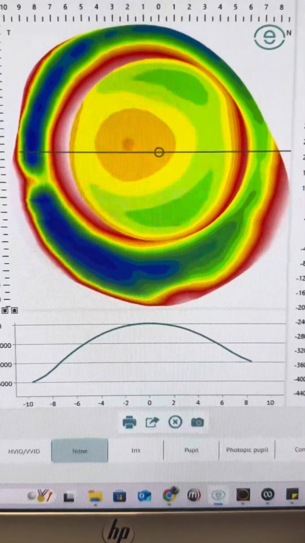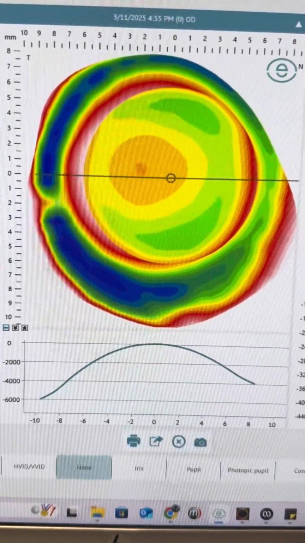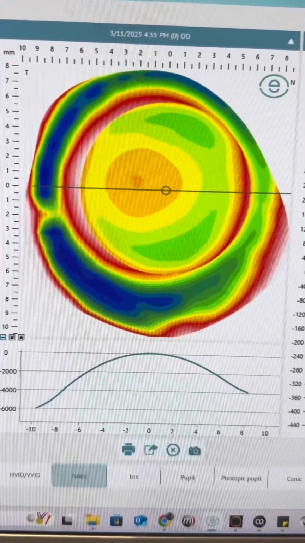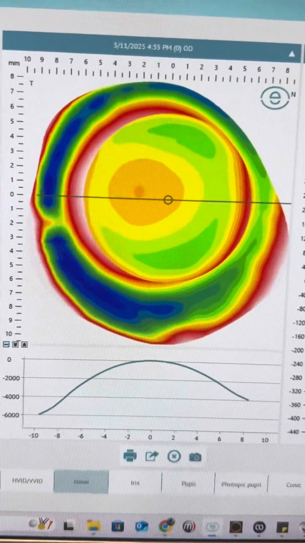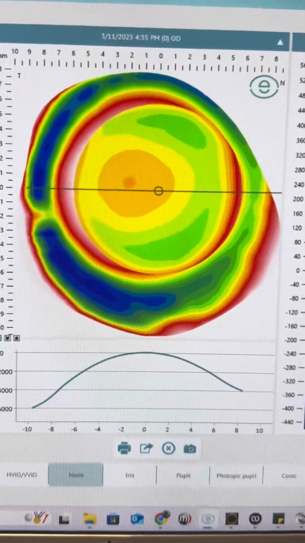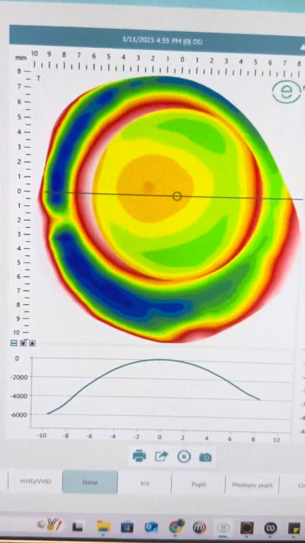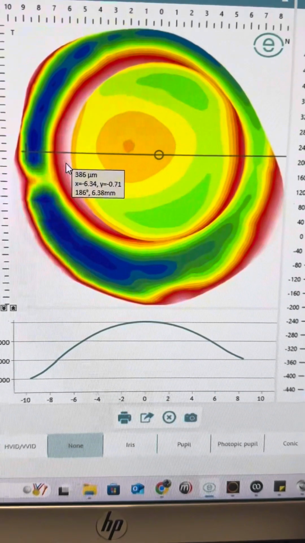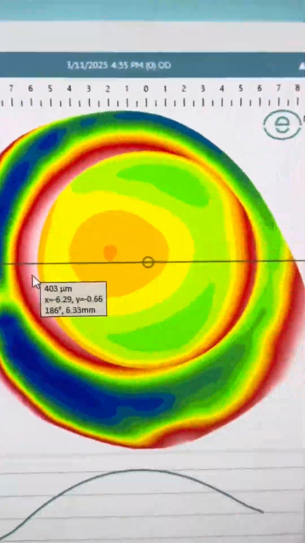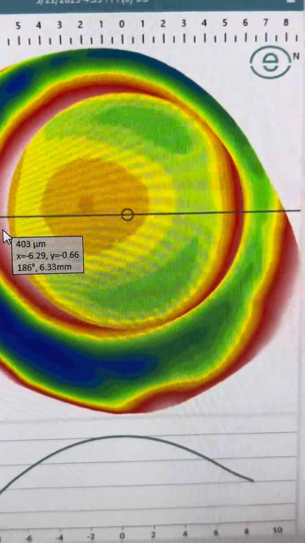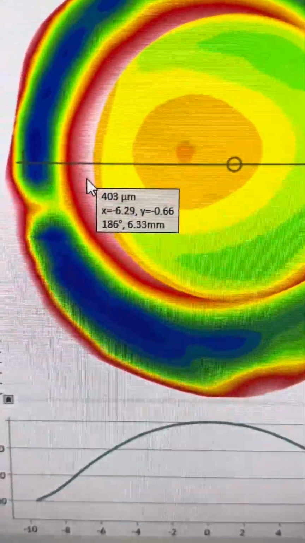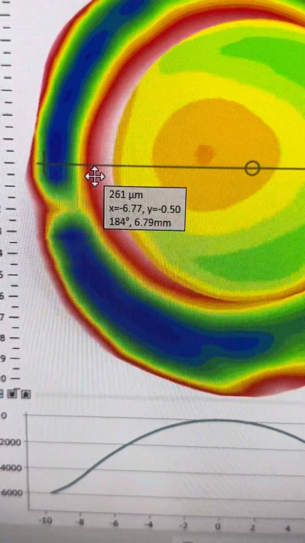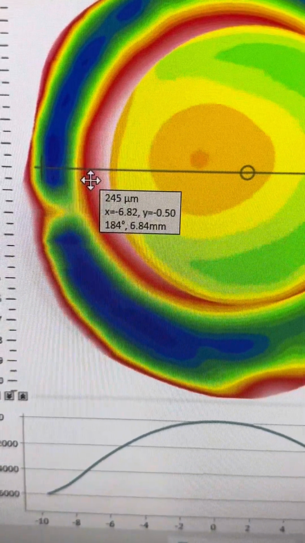So let's look at a couple of patients' scleral profiles to predict where the dot is going to land when you put it on the patient. So let's say I insert the scleral contact lens with the dot at 6 o'clock, okay? If we look at the sclera, now forget about the cornea, forget about it. It doesn't matter when you're putting a scleral contact lens on. If you look at the sclera